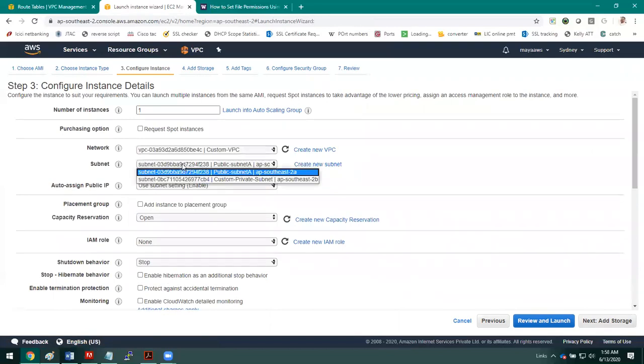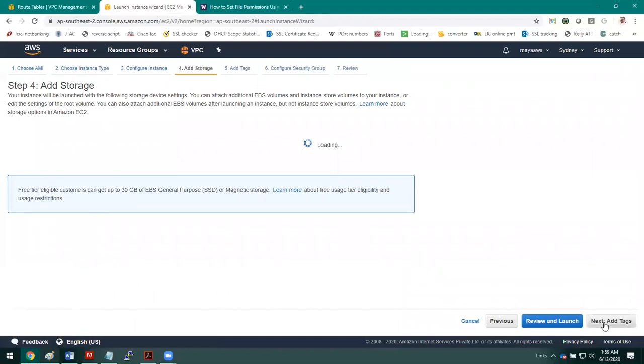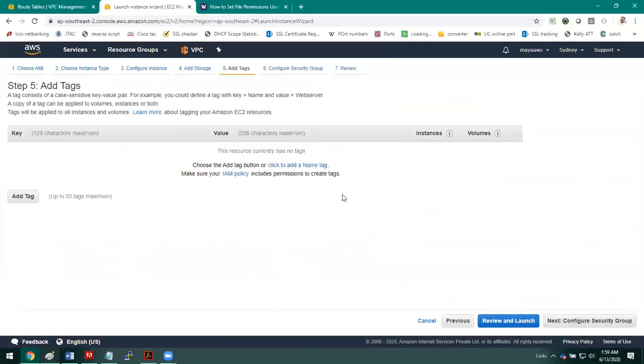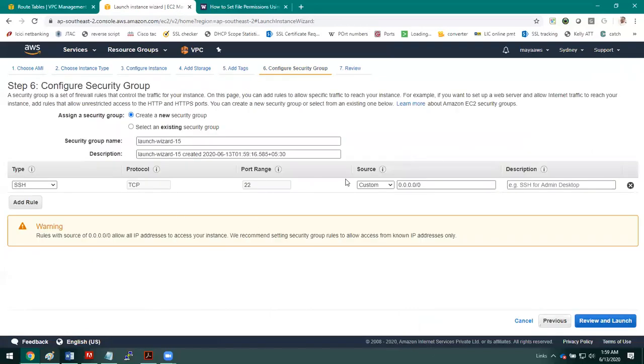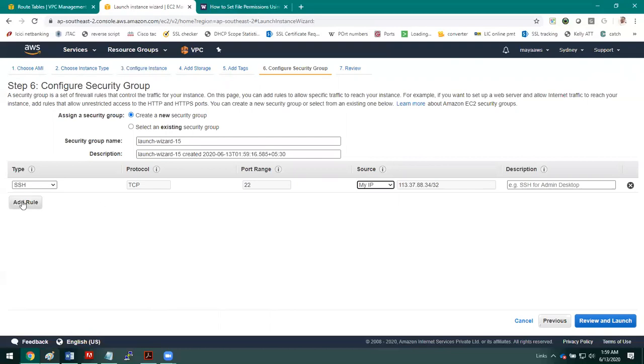Go to the custom VPC and select the public subnet. Next. So I want to allow the SSH connectivity from my laptop.